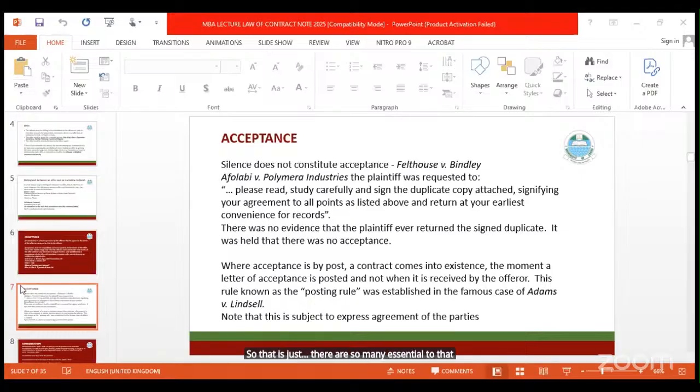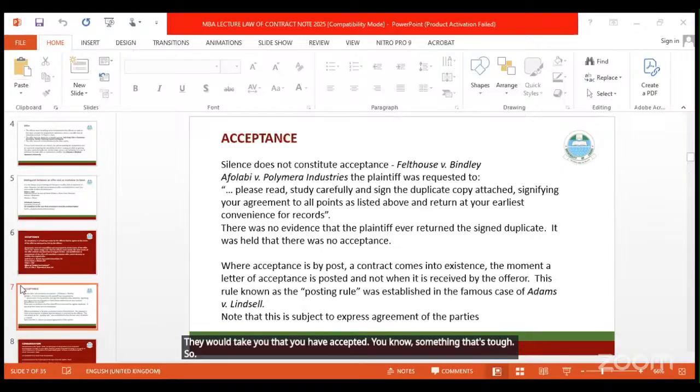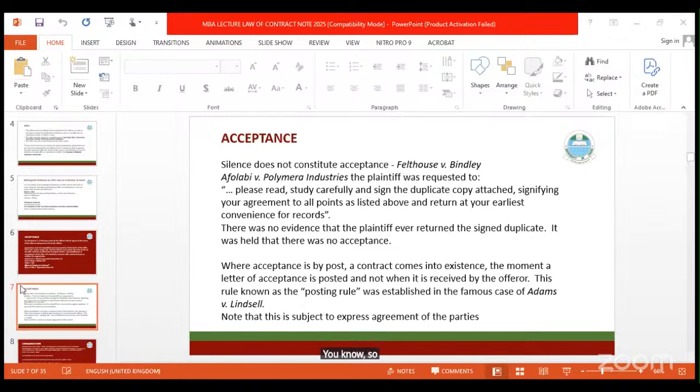And the court also established that there are instances whereby you can construe acceptance from silence, and there are cases on that. Even lawyers, when they write a letter to you, will say that, look, we want to hear from you within a certain time, and that if they don't hear from you, they will take it that you have accepted. In the courts, such letters are binding. So that's for the first question.